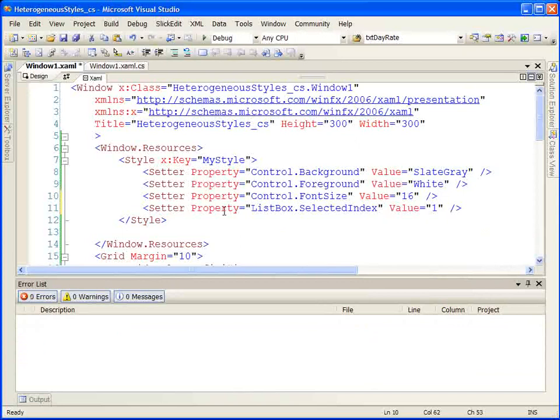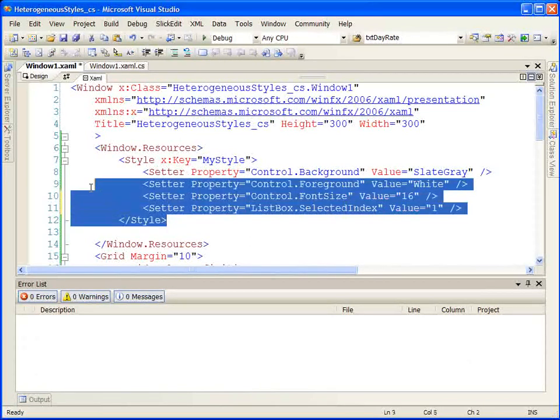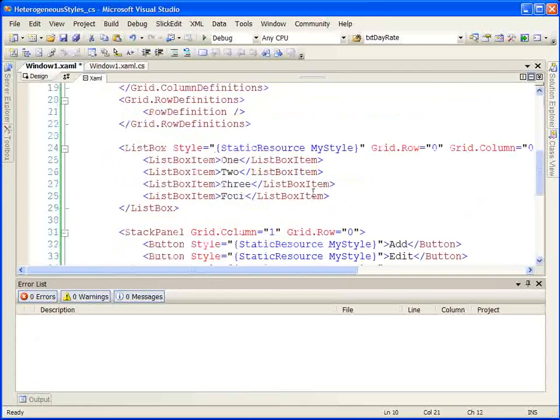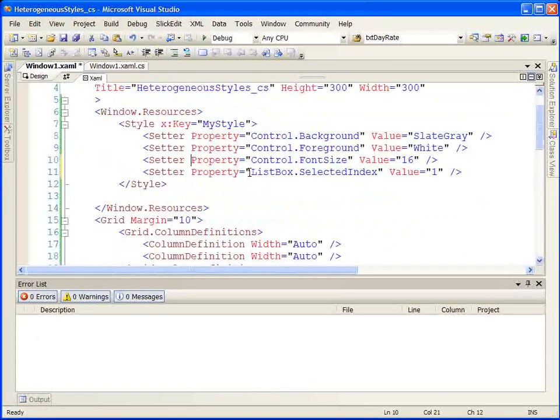Okay, so what this means is any element that we apply this style to, it's going to look and say, yes, I can set the background because I inherit from control. I can set these other properties as well because I inherit from control. I'm not a list box, so I can't set this property, so this gets ignored by everything but a list box. Doesn't exactly get ignored, but for purposes of the demonstration, we'll say yes, it gets ignored by any element that does not have a selected index, and in this case, any element that's not a list box. So now let's run this,